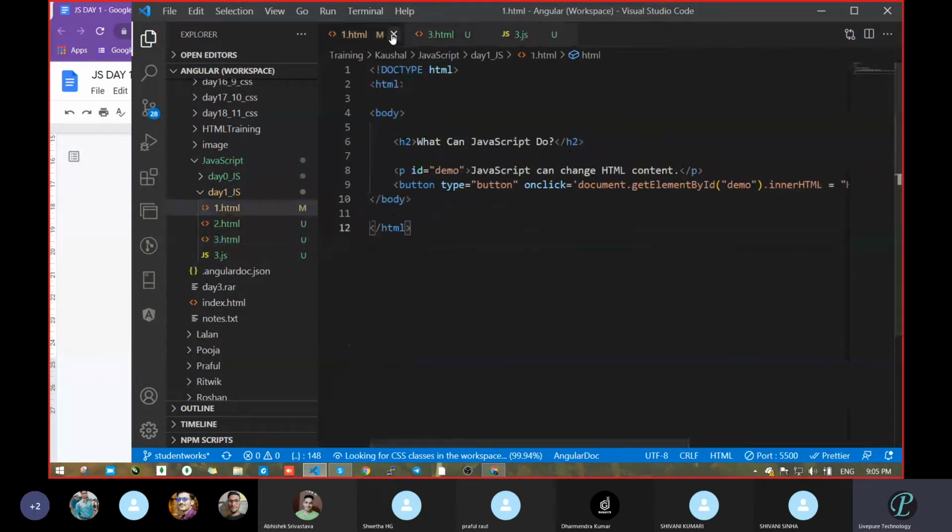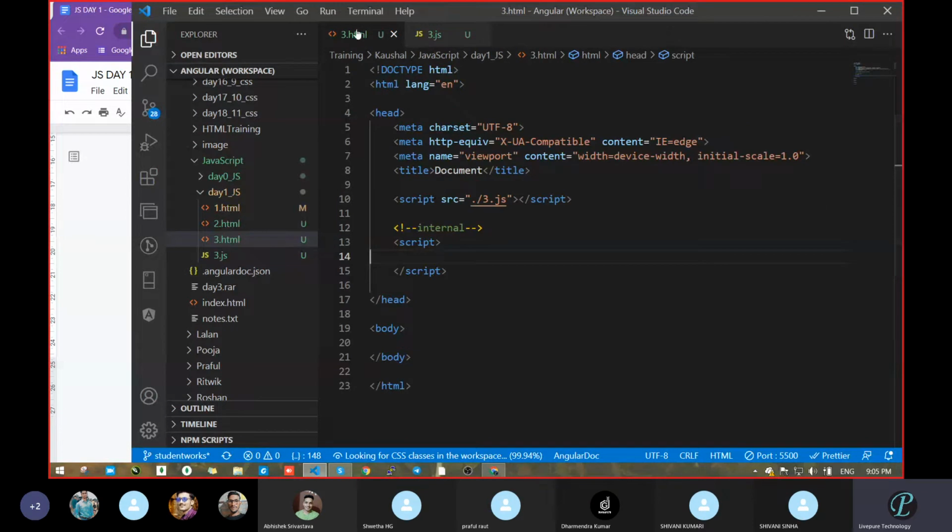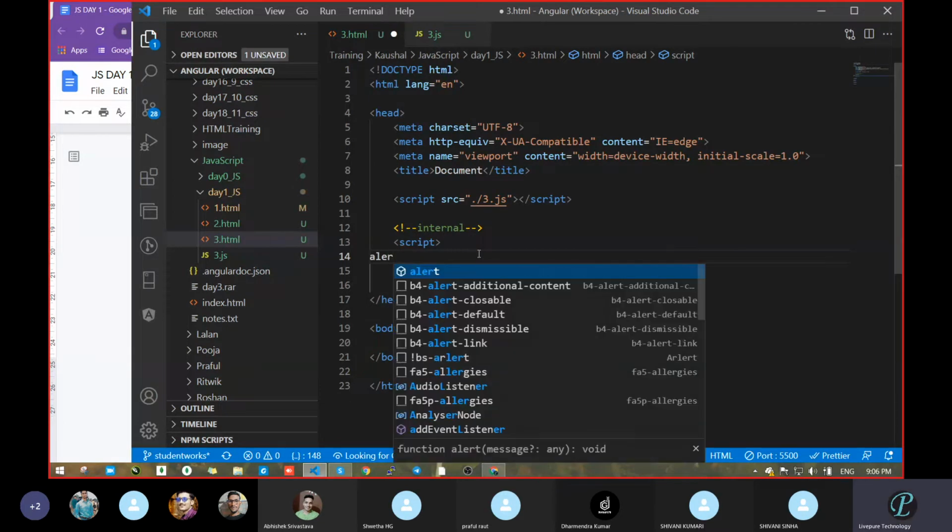Now tell me one line of code which we had discussed three days ago, I think. Console.log? Okay, another. Alert. Okay, go with alert.